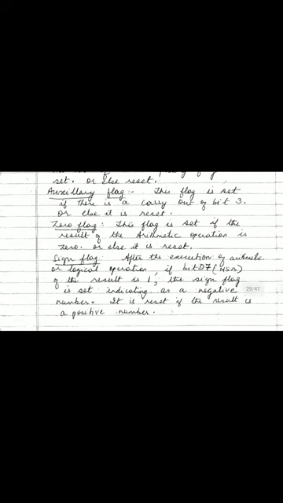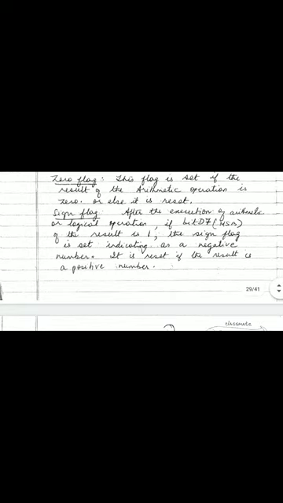Then this AC auxiliary flag is set if any carry is generated in this position. Otherwise it is reset.